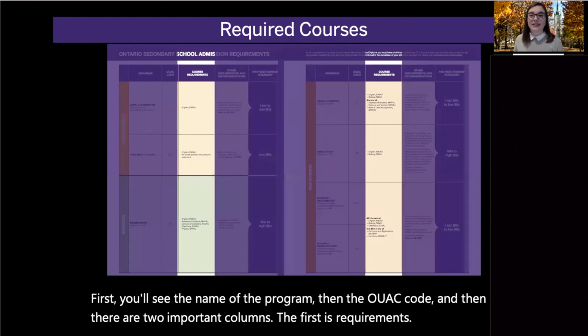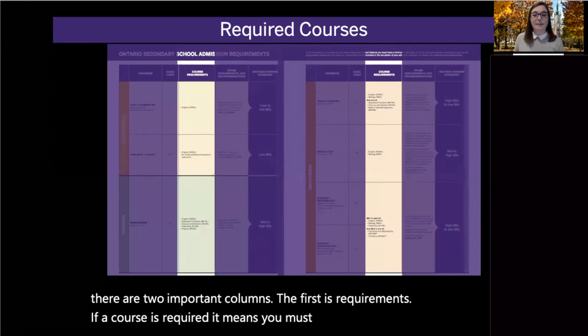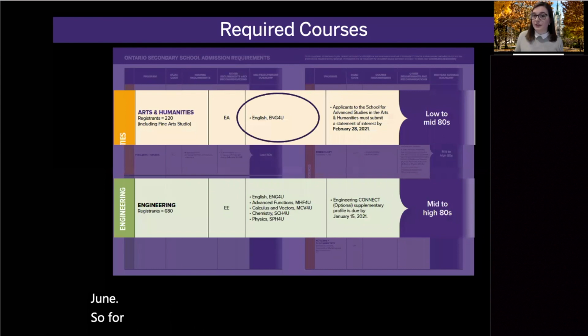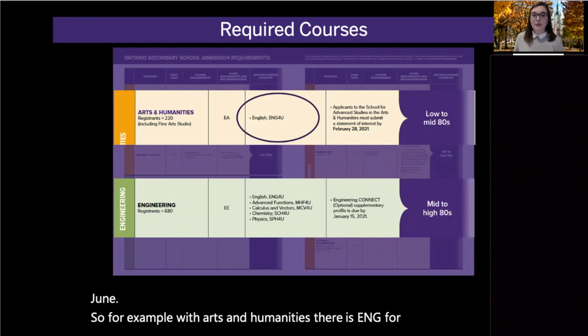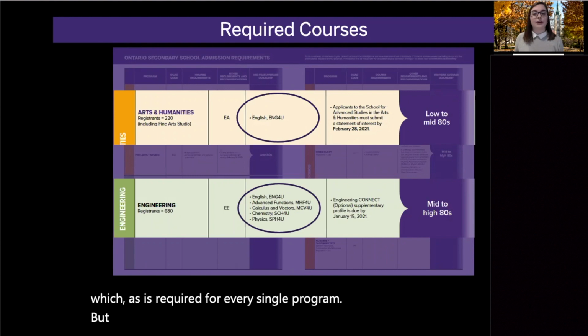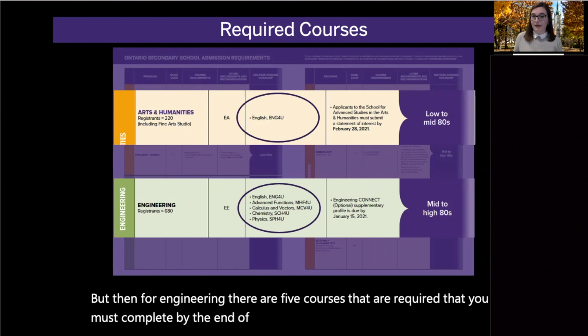If a course is required, it means you must take this course by the end of June. So for example, with arts and humanities, there is ENG4U, and that's it, which, as you know, is required for every single program. But then for engineering, there are 5 courses that are required that you must complete by the end of June. That's it for required courses.